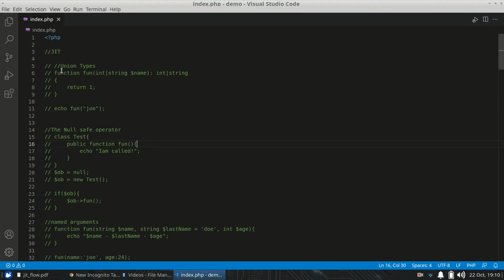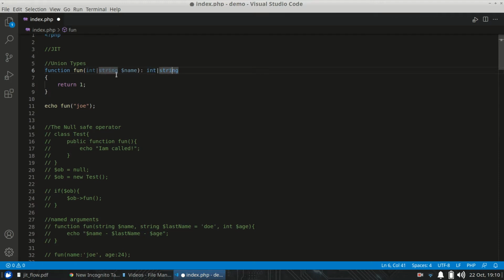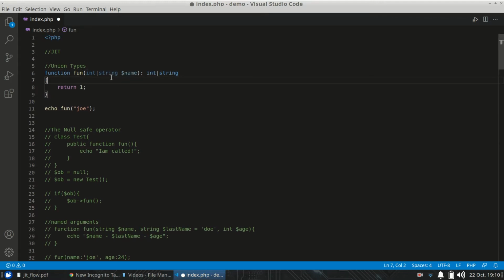The second feature is the union type. In a union type we use more than one type for the property, for the return type, and for the parameter. Here you can see we can pass the name either as an integer or a string value, or we can return from this function either an integer or a string value. Here I had echoed, and if you run this